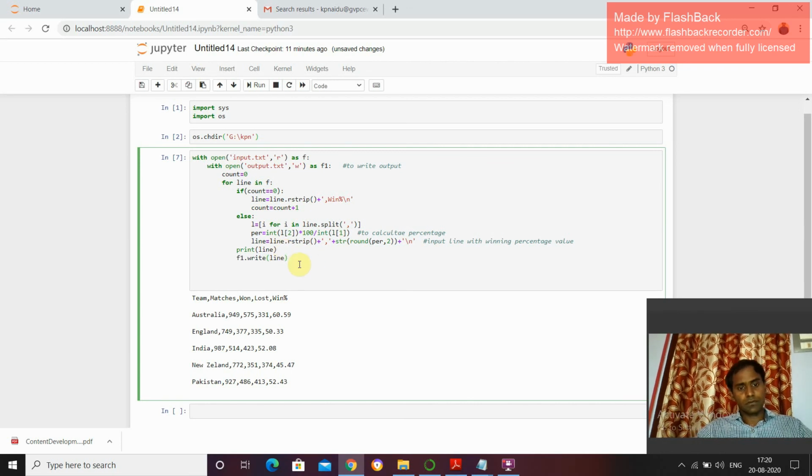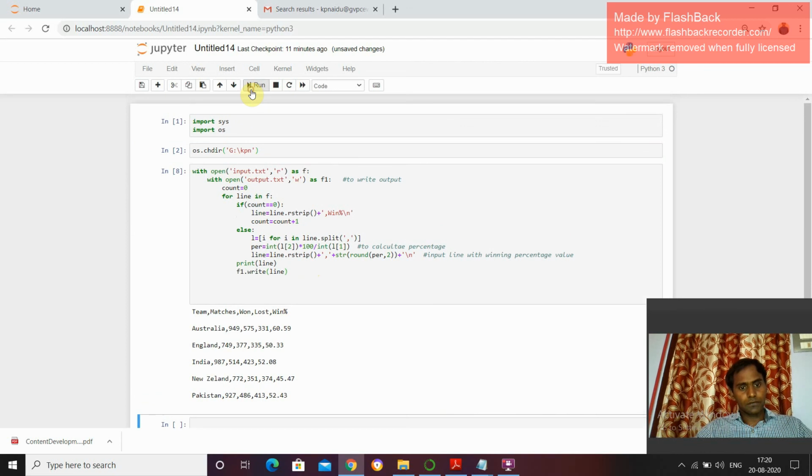I have to write this one. So this writes the content into the file output.txt, which is used as the variable f1, that's why f1 dot write of line.